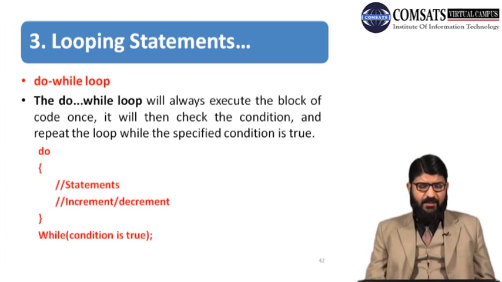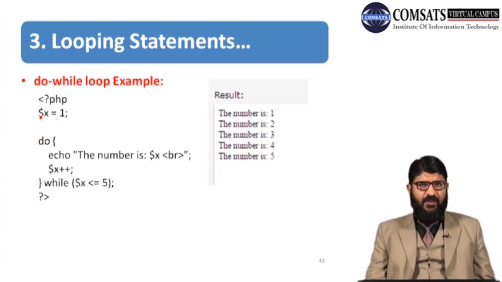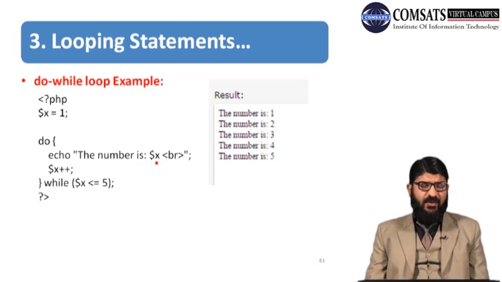Carrying on, let's see an example of a do while loop. The PHP start tag is mentioned. Now the x variable is assigned the value 1, and then in the do block the value of x is printed by echo, and then it is incremented by 1. After that increment, another condition is mentioned with while, that checks whether the value of x is less